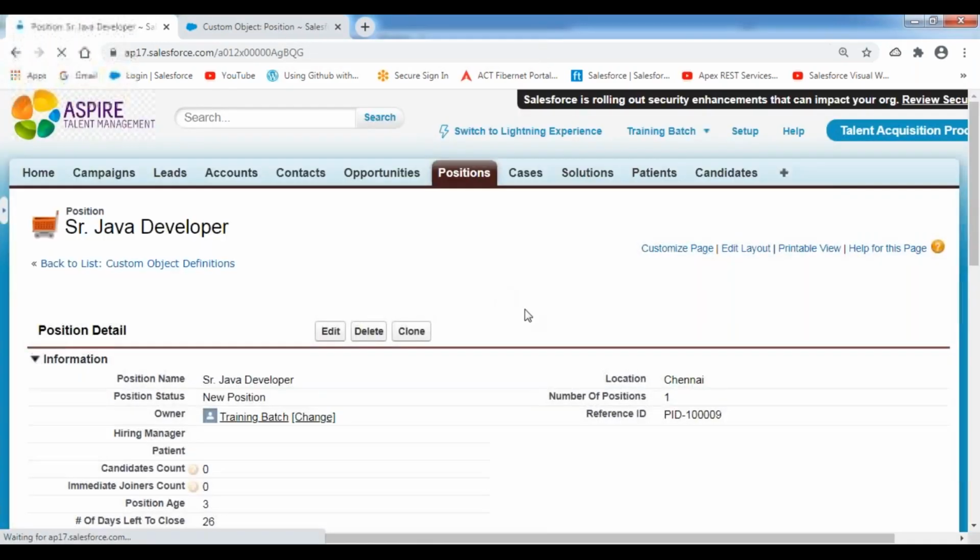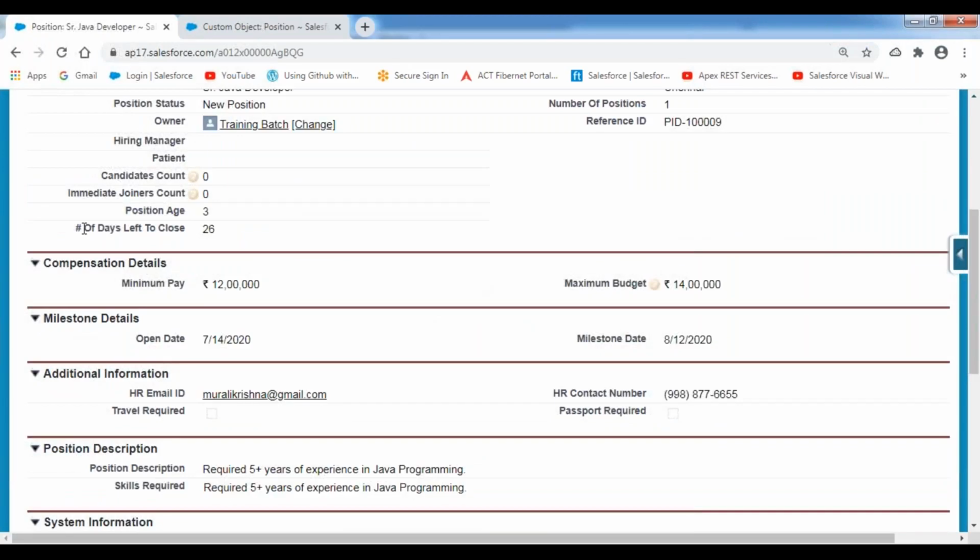Now the formula will be recalculated automatically. It indicates the number of days to close the position is still 26 days. We still have 26 days left to close the position. In the meantime, we can find a suitable candidate for this position. Like that, we can have this kind of field, which does some calculations automatically on its own, so that we can use these values also.